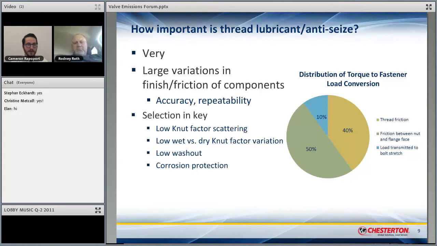Yeah, so you talked a lot about the wet versus dry nut factor. Do you want to just give a little explanation of what you mean by that? Yeah, well, every anti-seize has a solid content and then some sort of a liquid carrier or lubricating content, so that we can actually get it onto a bolt or a nut or a washer out of a can or a tube or even a spray. And so when it first goes on, it's wet, obviously. A little dab of 772 will paint your whole arm by the end of the day if you don't get it off.